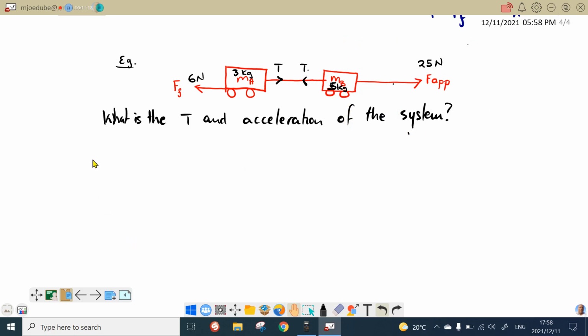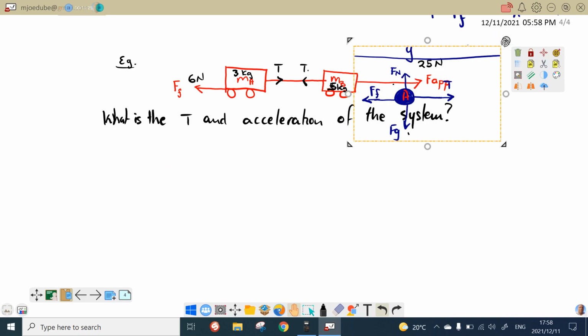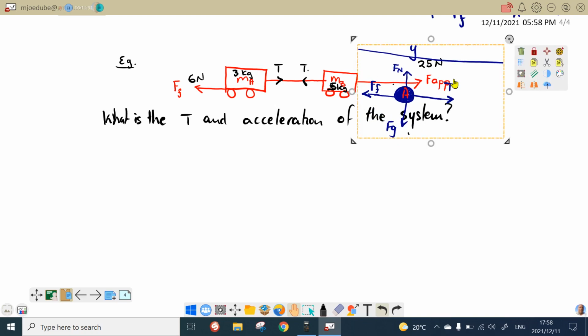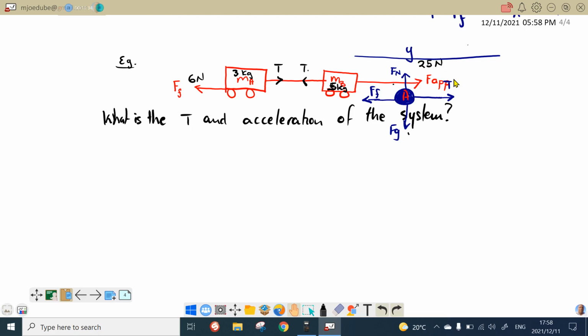All right, so I'll just quickly redraw this here because I'm struggling a bit with the object. So now the free body diagram at A,